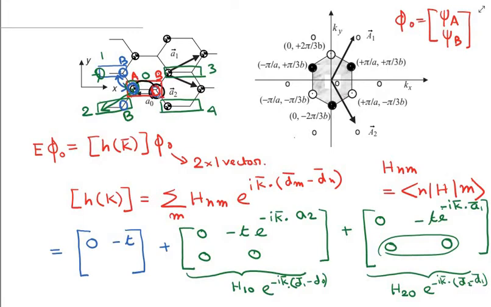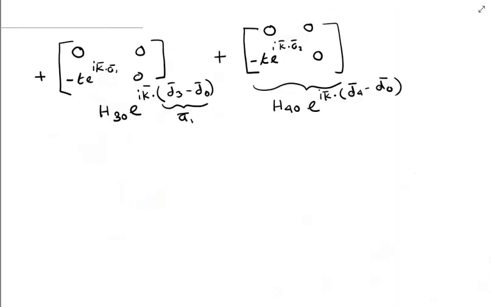So since the unit cell is the same, this phase factor here becomes 0 because dm is equal to dn, and this basically becomes minus t and 0 over here. Okay, so this entire thing can basically be written as 0 H0